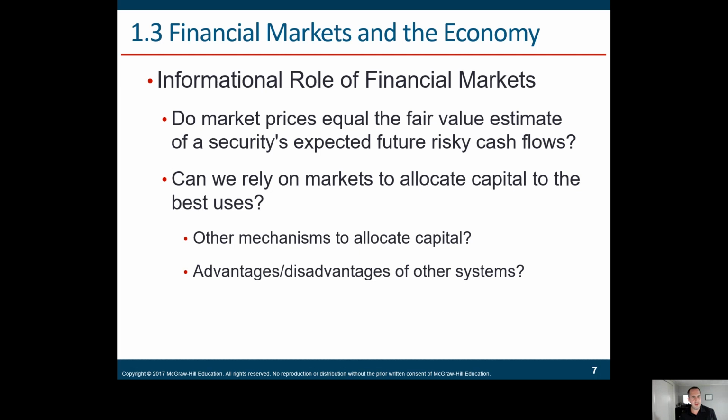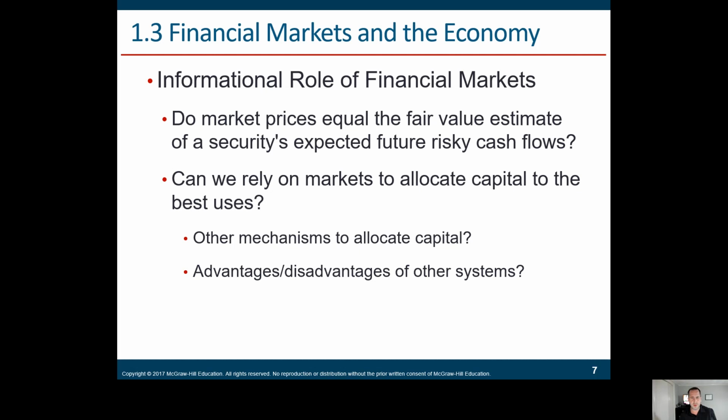Financial markets in the economy: the information role of the financial markets. Financial markets provide information. Why does a stock go up? Apple stock has been pretty durable for a number of years. And why is that? Well, it's because we can have some clarity into the future cash flows of Apple, their future profits, their business. We know about how many iPhones they're going to sell. It's really now a question of what other funds they're going to bring in through their cloud business, their music business, things of that nature.